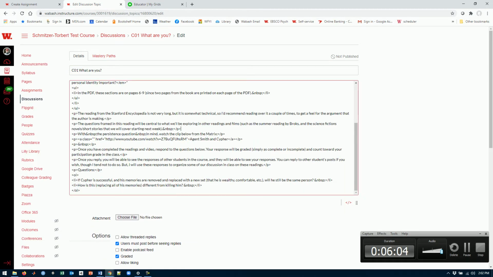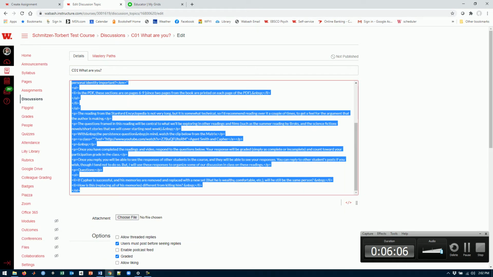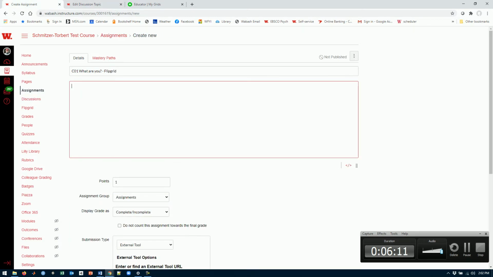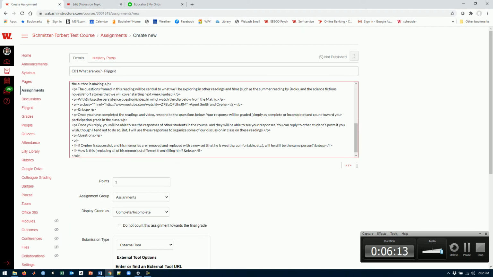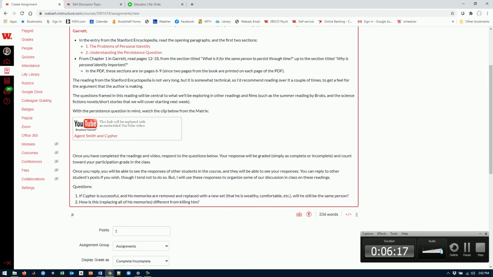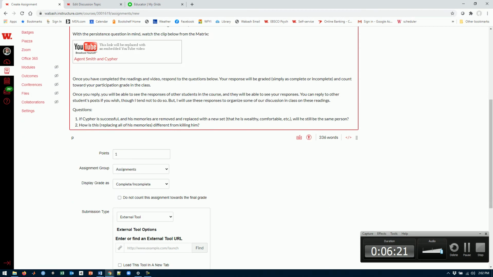I'm just going to switch to the code version, HTML. So you don't need to do this. I'm just trying to give an example of how I would try to convert a written reading response into a Flipgrid one. So now in my new assignment here,